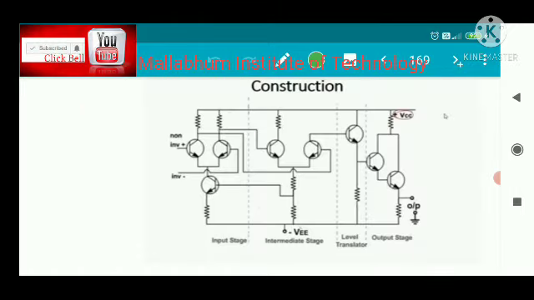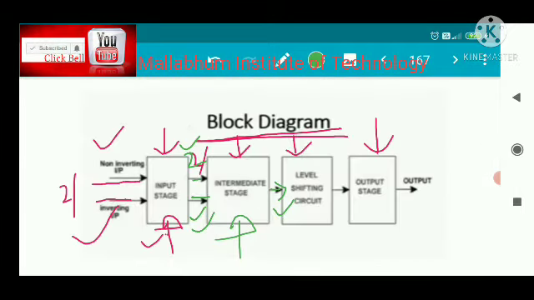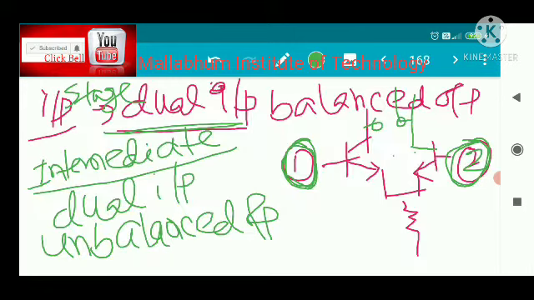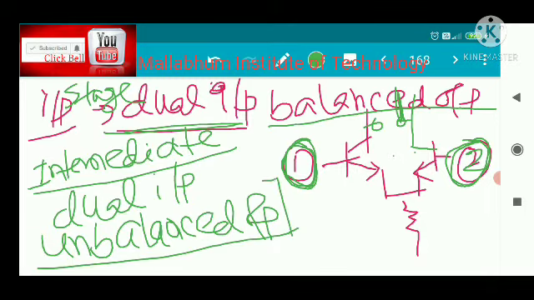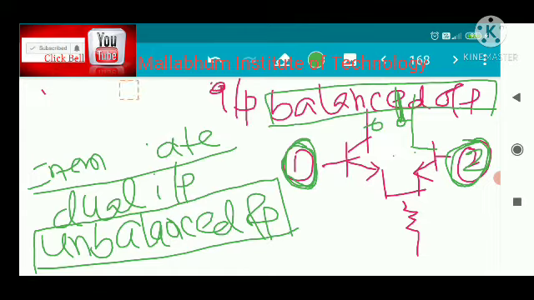And in the second stage, we are taking the output from one terminal. So that's why this is not a balanced output, this is called an unbalanced output. Okay, so that is the meaning of balanced output, and this is the meaning of unbalanced output. So you can easily differentiate between the balanced and the unbalanced output. Hope you understand this. So this is all about this. I'm just removing all this.